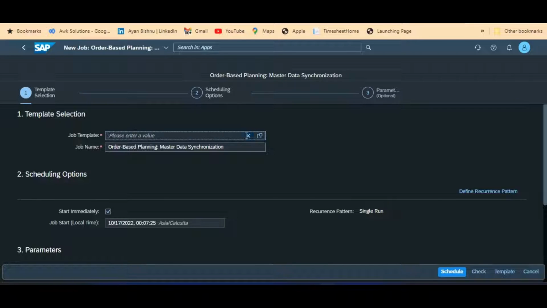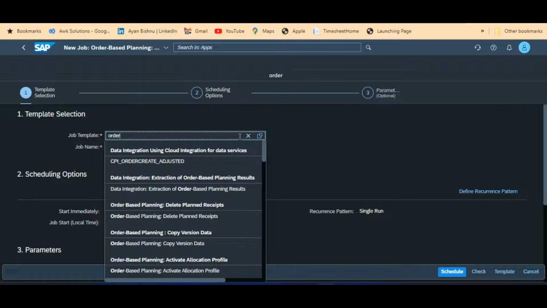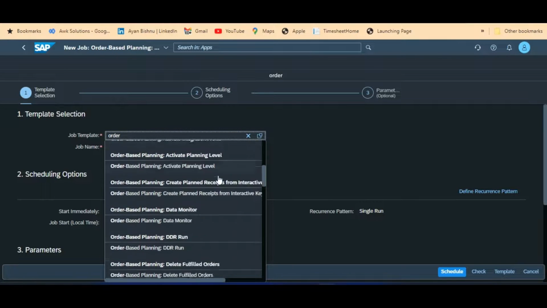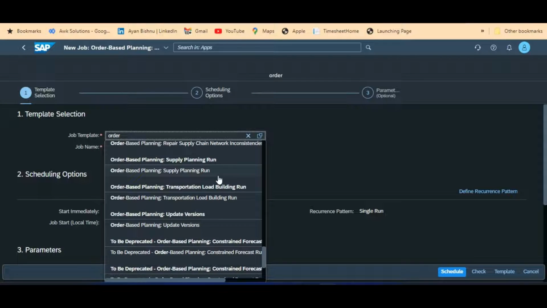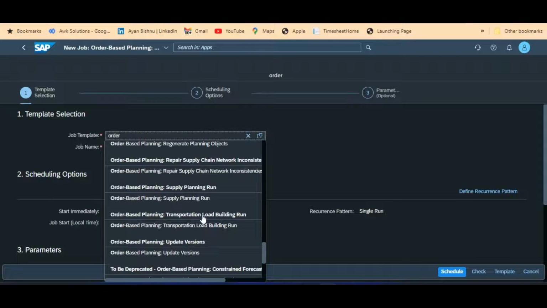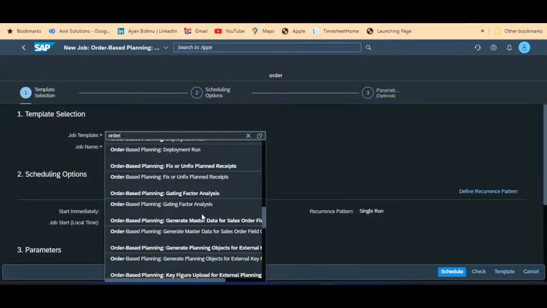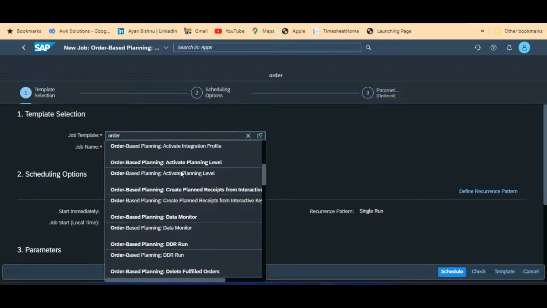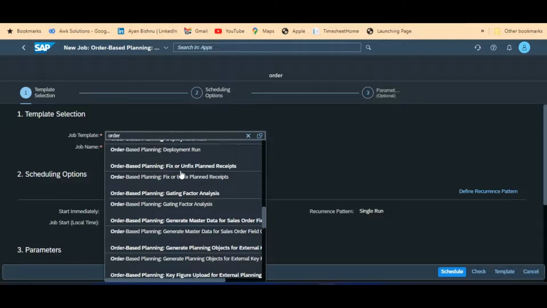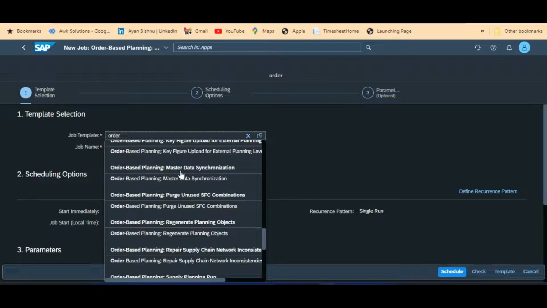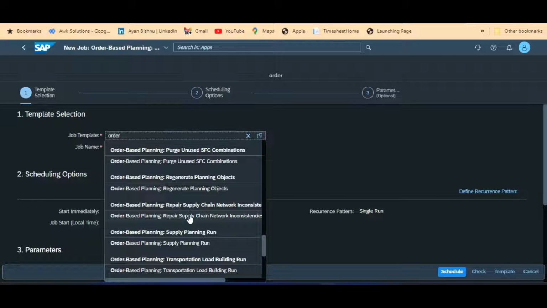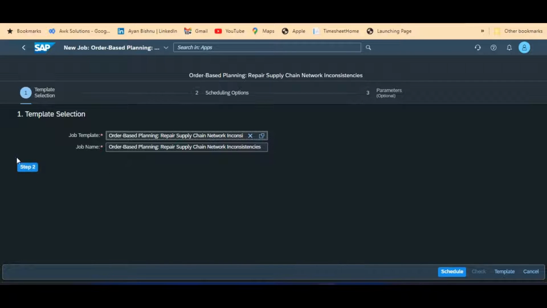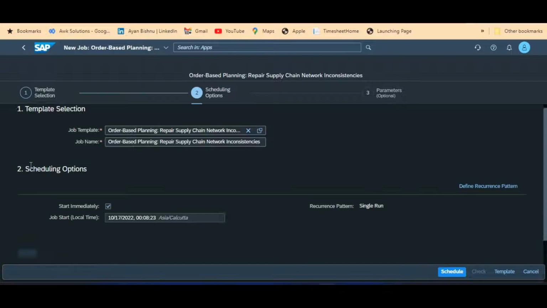Once this synchronization is done, the next application job that we need to run is called repair supply chain network inconsistency. This is a kind of master data consistency check that we used to do, or even still do, in APO.